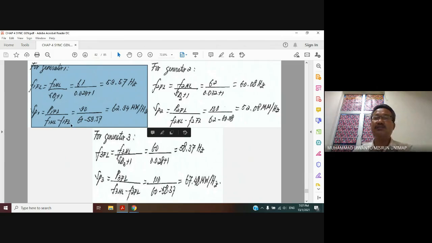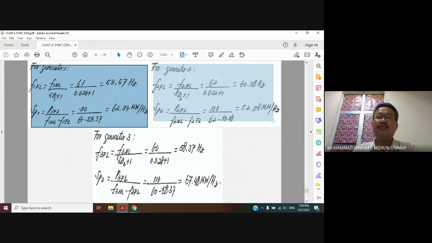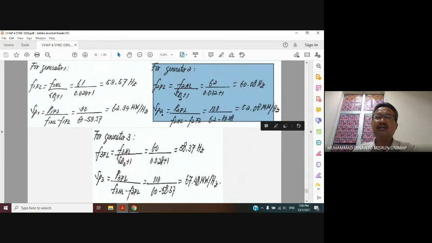Then we can find the slope of power frequency, which is equal to the full load power divided by the no load frequency minus the full load frequency. The full load power is also given for all generators. Now, SP1 is equal to 62.94 megawatt per hertz. In the same way, we find the full load frequency and slope of power frequency for generator 2. We obtain a full load frequency for generator 2 of 60.08 Hz and a slope of power frequency for generator 2 equal to 52.808